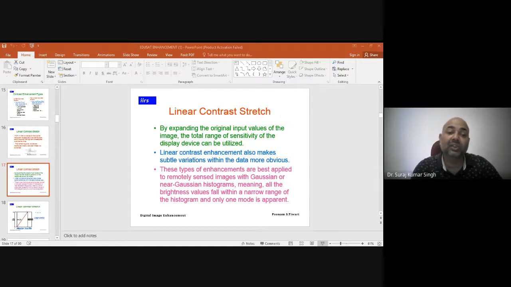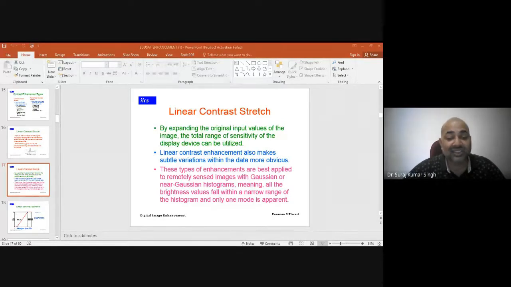Whatever computation will be performed on your image will depend on this formula, y equal to ax plus b, where you have already seen how a is calculated and how b is calculated. y is the output pixel value, which you get from the input pixel value x, and the x and y values are computed from the minimum and maximum values of the digital numbers in the x direction and the y direction.